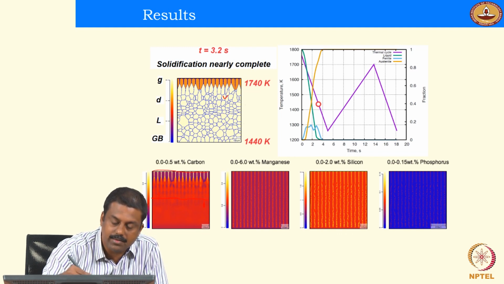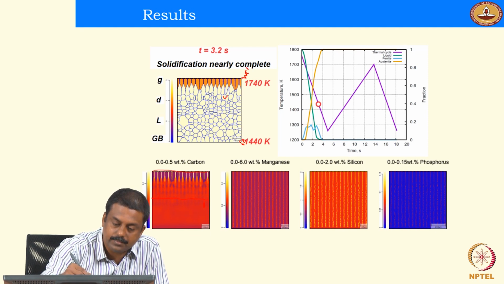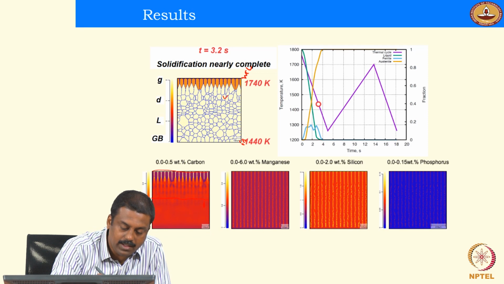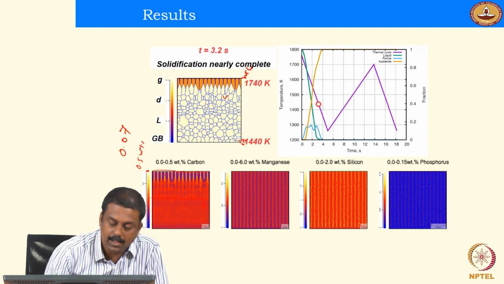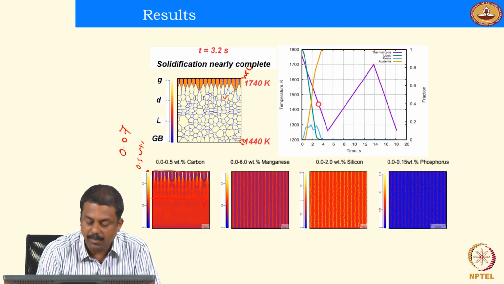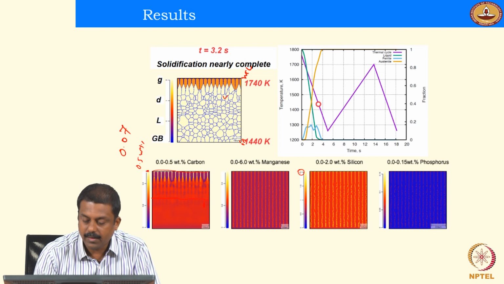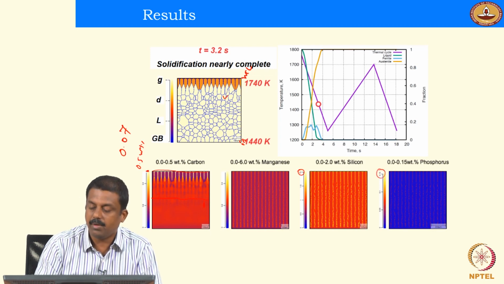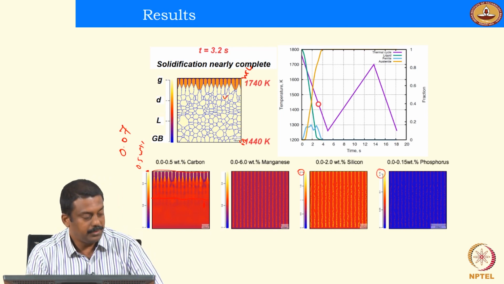For example, the simulation shows this is a fusion boundary and this is the weld center line, and you already see that at the weld center line the carbon concentration, if you begin with 0.07, can go up to 0.58%. Similarly, manganese can go as high as 0.5 and silicon up to 2%, and the phosphorus can also go up to 0.158%. Okay, and subsequently if you